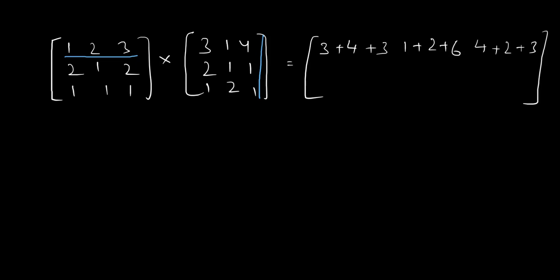Let us do the second row. It's really simple, just take it down and then we will do it. 2 threes are 6, plus 2 ones are 2, plus 2 again. Sorry, I didn't move this one. So 2 ones are 2, and 2 ones again are 2. Now again interchange it.